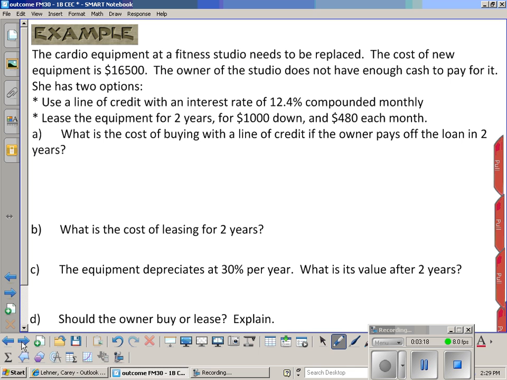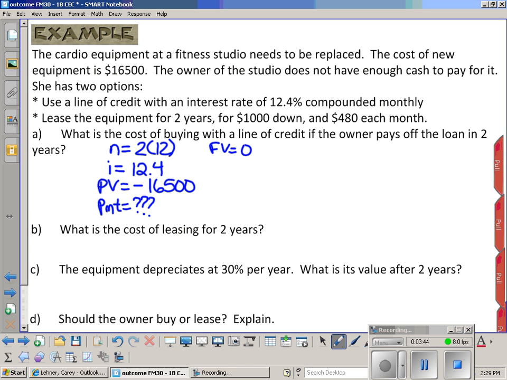So let's have a look. Basically we're going to calculate if she takes a loan out and she's going to pay it off in 2 years. She's going to make monthly payments, so our N is 2 times 12. The interest rate on her line of credit is 12.4. She is borrowing $16,500. We don't know what her monthly payment's going to be right now. Future value will be 0. She is going to make 12 payments per year because she's making monthly payments, and the compounding on this line of credit is monthly, so 12. When we do this calculation, we find out her monthly payment would need to be